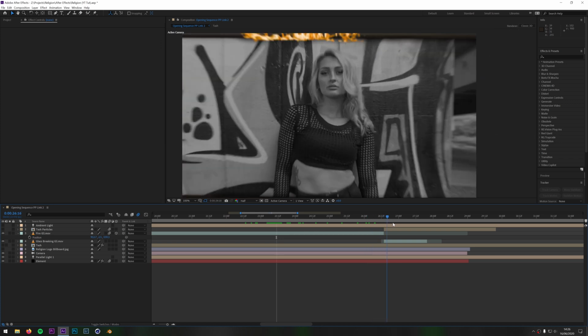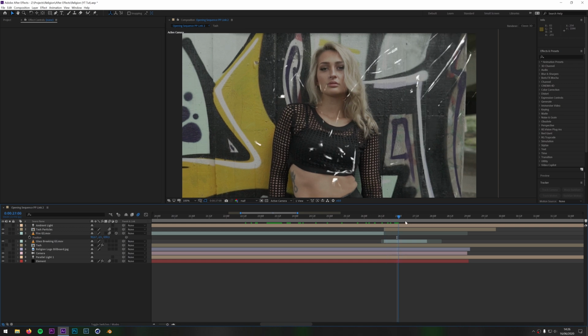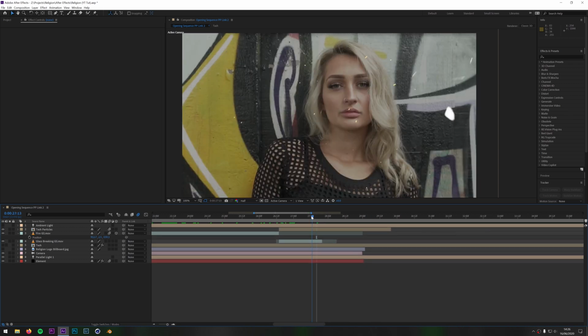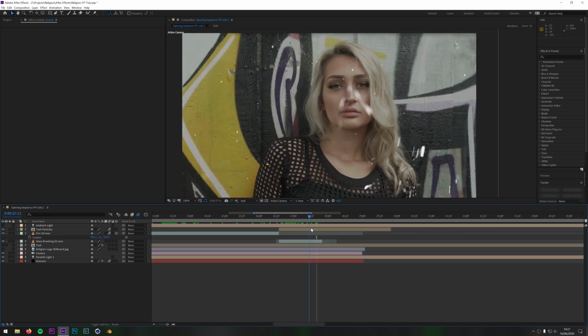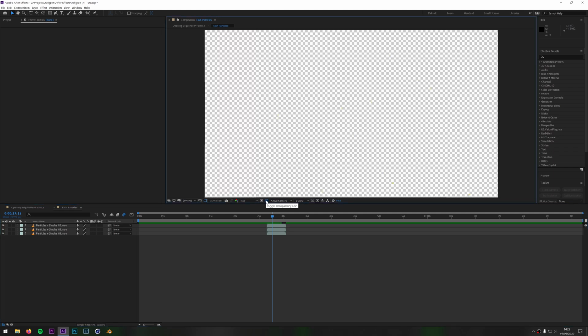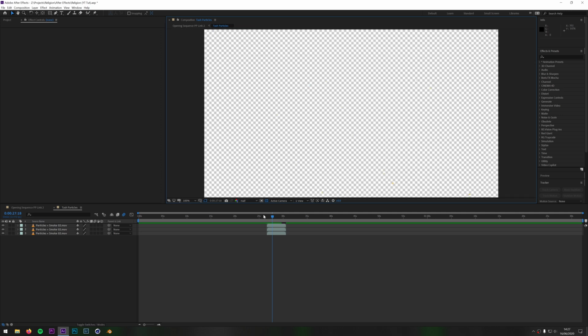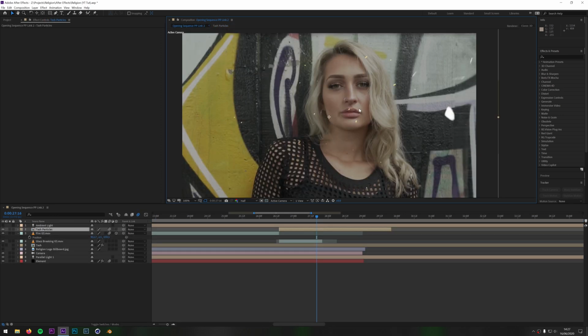The next layer up from that is some particles that I've added in. I'll just turn those on. And these, again, are just personal preference. Might not be important to you. But these here are just a composition with some particles that have been keyed out. And there's 3 of them because they were a bit dark, so I just duplicated it once and then duplicated it again. Brightens it up, and they're keyed out so I can show you, but you're probably not really seeing much there. You can just about see them, and they're going to be overlaid. I just felt like it gave a nice effect, or at least I felt like it gave it a nice effect at the time.